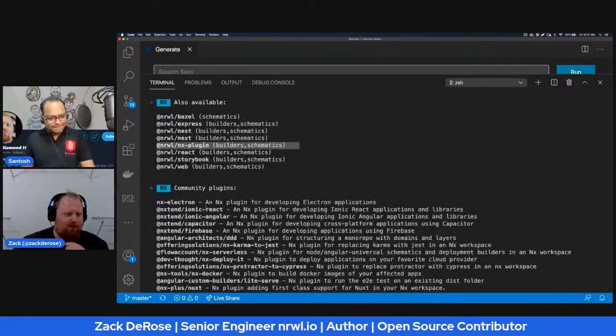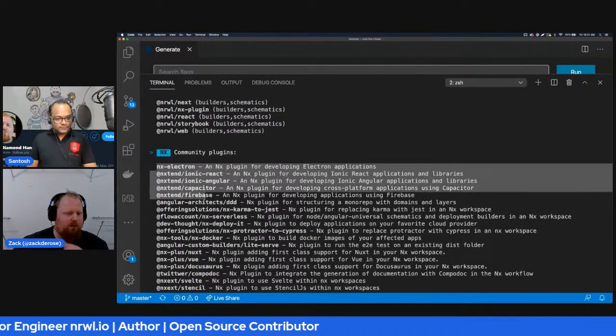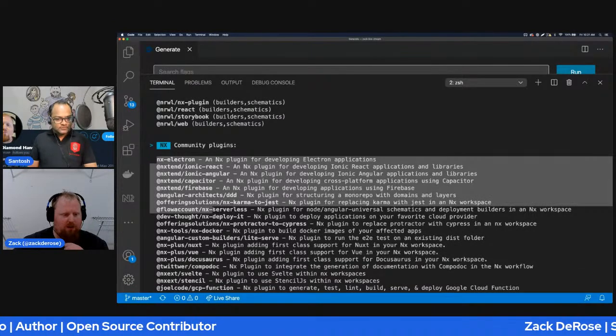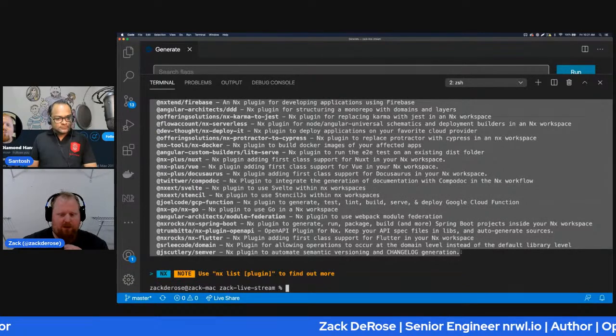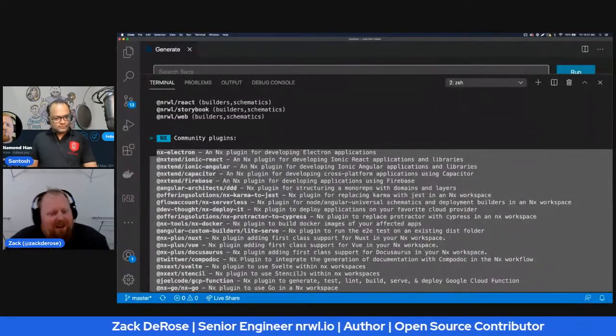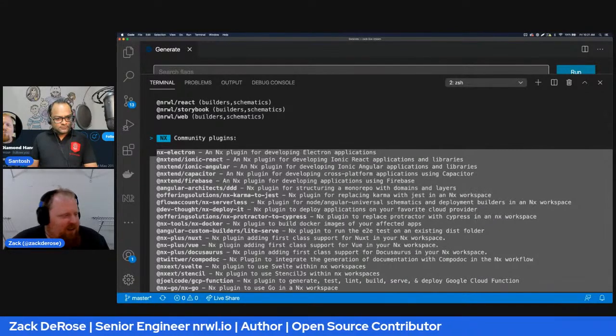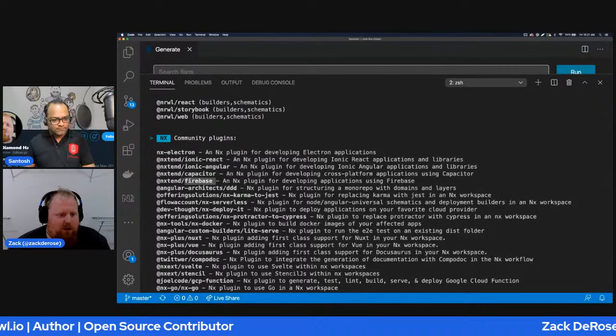Which, if we can see here, there's a whole list of community plugins, and the community has just been amazing in terms of developing some really cool packages, builders, and stuff for everything. Wow, here's the Firebase one, very cool.